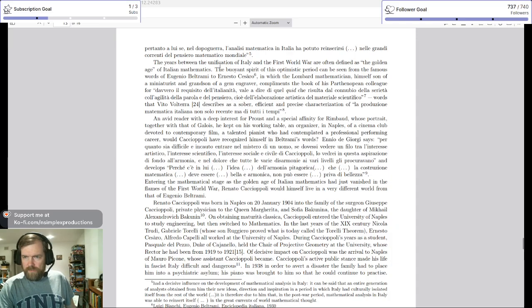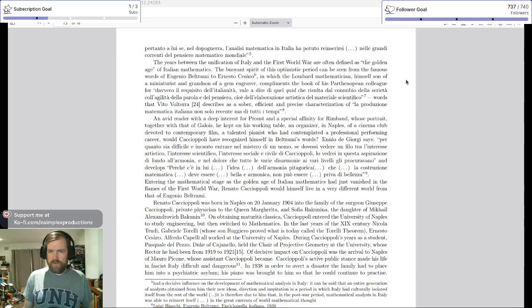The years between the unification of Italy and the First World War are often defined as the golden age of Italian mathematics. The buoyant spirit of this optimistic period can be seen from the famous words of Eugenio Beltrami to Ernesto Cesàro, in which, I imagine that's Ernesto Cesàro of the Cesàro summability, in which the Lombard mathematician, himself son and miniaturist and grandson of a gem engraver, complements the book of his Parthenopean colleague